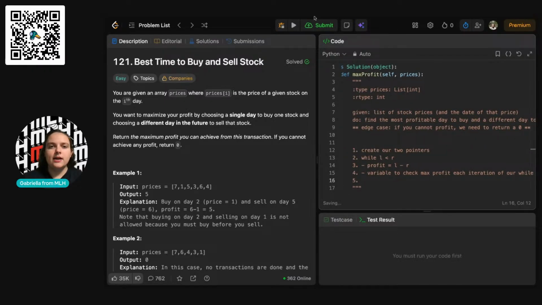And then after that, we need to actually add in some conditions to go through and see essentially what we're looking for, as far as our maximum profit. Okay, so I think that instead of having it be a normal while left is less than right, we're just going to do while the